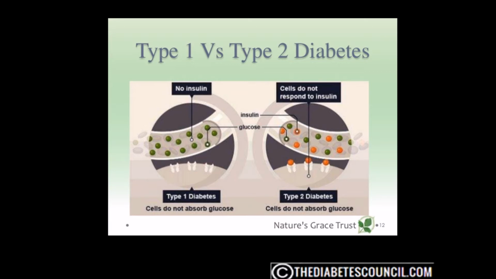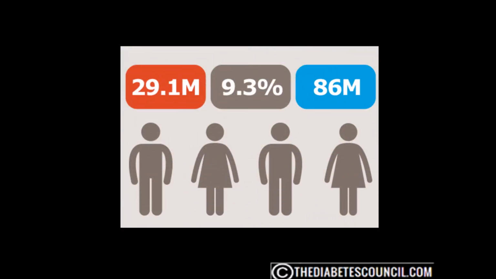But in this video, I want to attempt to give you the similarities and differences in each, as well as some possible causes. Diabetes affects approximately 30 million Americans today. That is nearly 1/10 of the population. Diabetes is a disorder of the endocrine system. With diabetes, blood sugar levels stay high because either the pancreas can no longer produce enough insulin or the cells of the body are resistant to insulin and the pancreas can't keep up. Either way, the glucose or sugar level in the bloodstream becomes too high and the body simply cannot function properly.